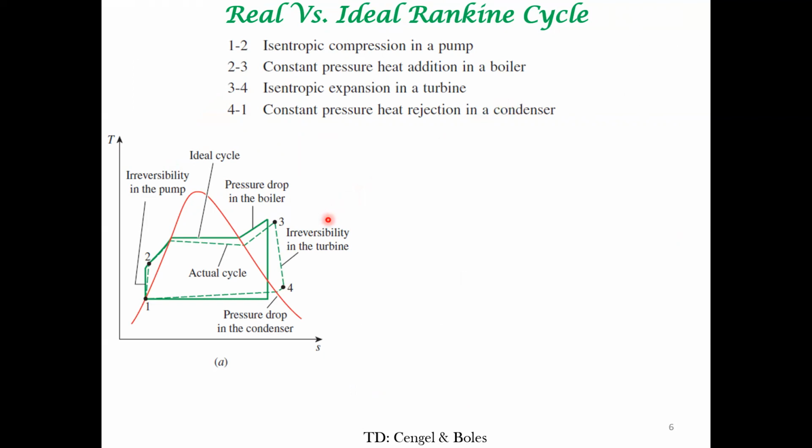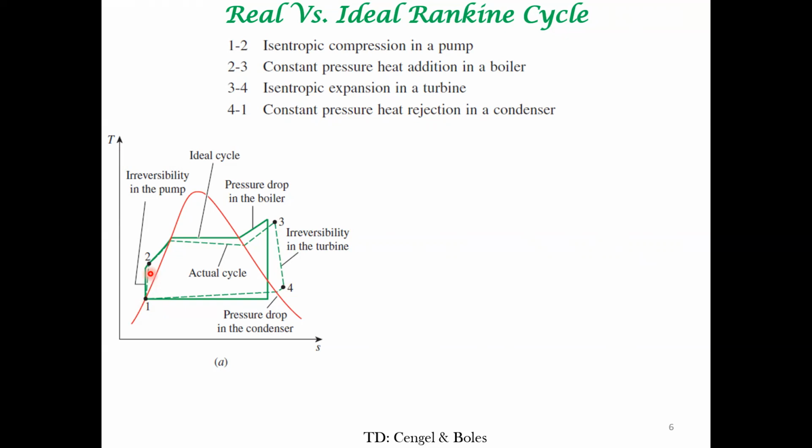Right. So we have the real Rankine cycle, which doesn't operate like that of an ideal Rankine cycle. Let's see why. So in the segment 1, 2, you want to have an isentropic compression in a pump, right? So that is never the case. It is a reasonable approximation, but there are fluid friction, internal irreversibilities, and so on. There is always a certain increase in entropy. So this dashed line is the